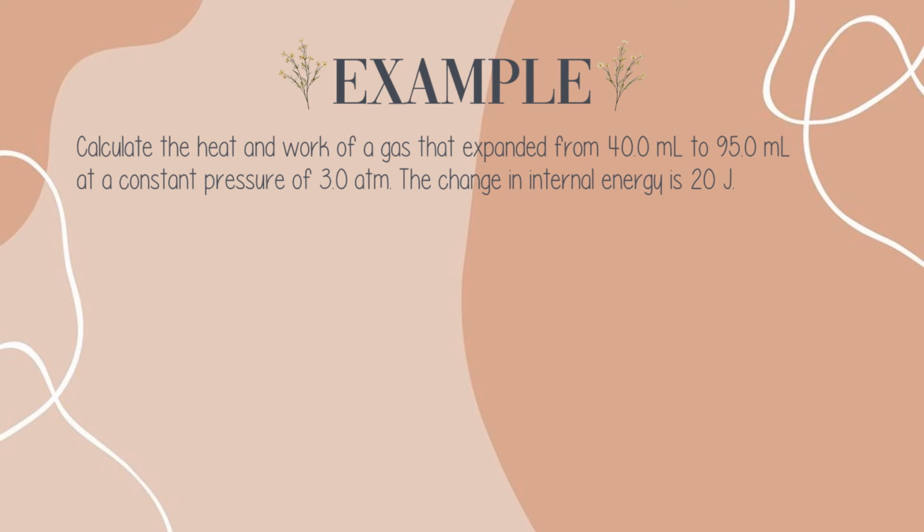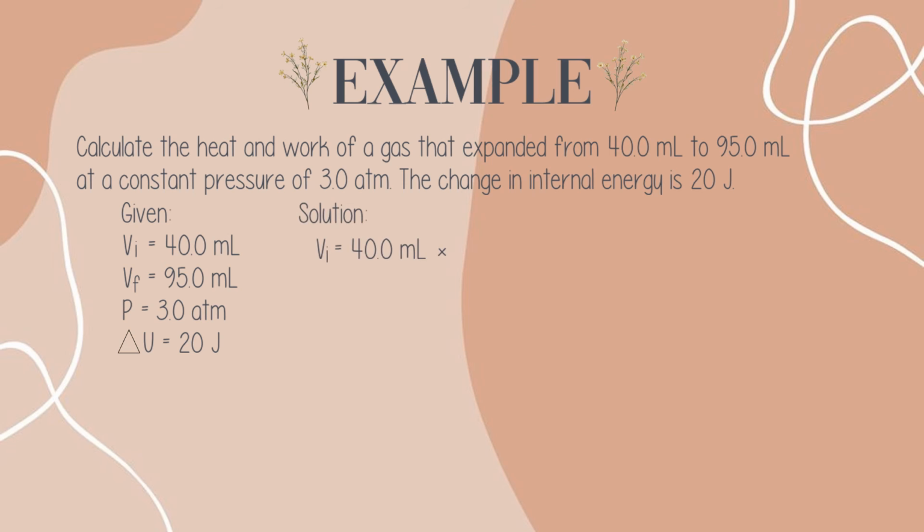The last problem: calculate the heat and work of a gas that expanded from 40 ml to 95 ml at a constant pressure of 3 atm. The change in internal energy is 20 joules. So the givens in this problem are the initial volume, which is 40 ml, the final volume, which is 95 ml, pressure, which is 3 atm, and the change in internal energy, which is 20 joules. Now, first, we need to convert the